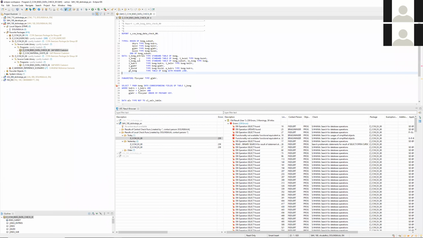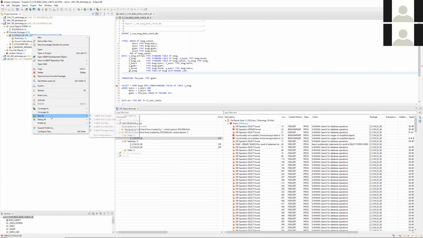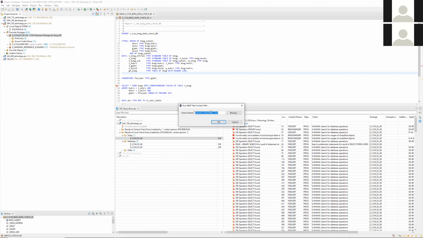Okay, so I will go to my ABAP development tools in Eclipse, and here I have a package with the custom code which I would like to fix with the quick fixes on the new S/4HANA system. I have two capabilities here. I can either mark this package and execute ABAP test cockpit using the corresponding check variant S/4HANA readiness, for example,